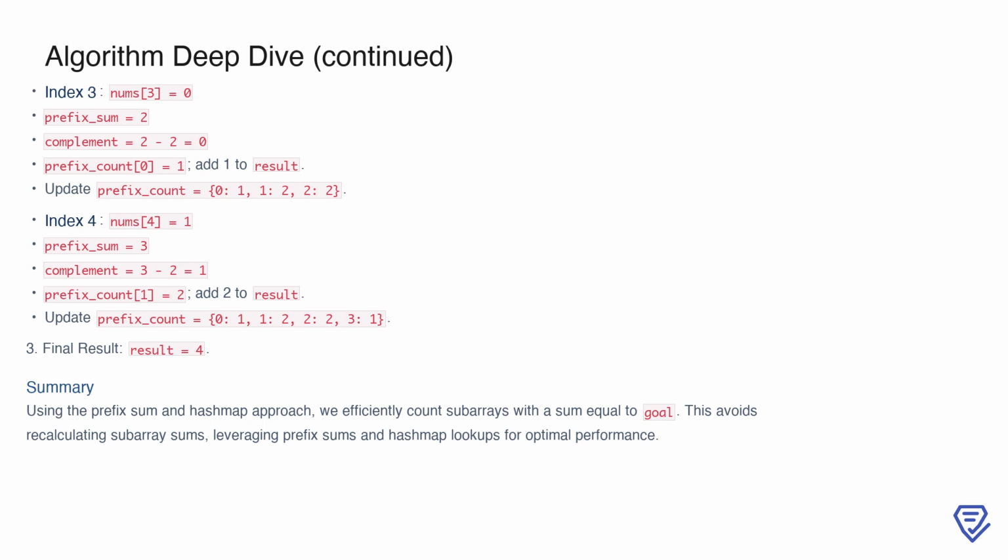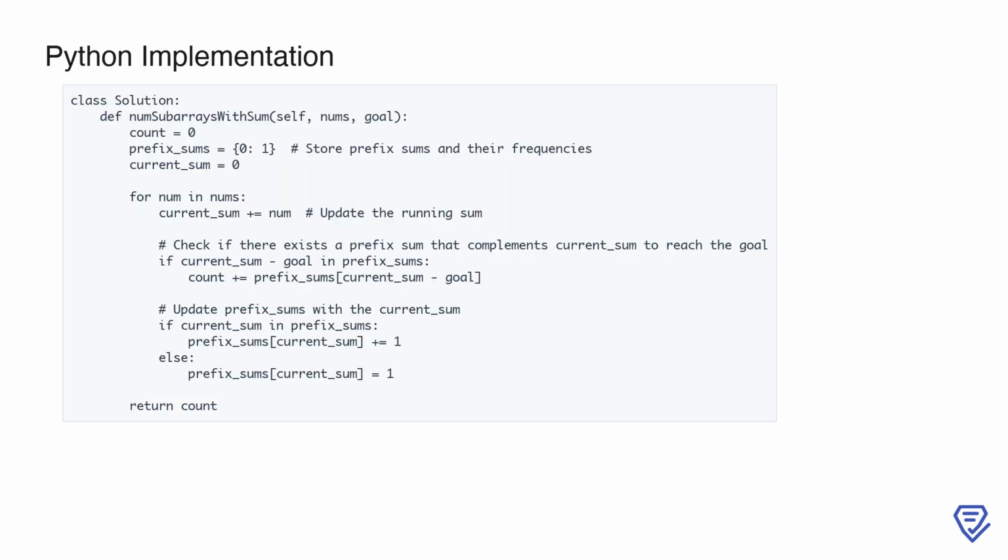By the end of the iteration, result holds the value 4, which is the total number of subarrays with a sum equal to the goal. This example demonstrates how the algorithm efficiently counts subarrays by combining prefix sums and hashmap lookups, avoiding redundant calculations and ensuring optimal performance. This implementation effectively solves LeetCode problem number 930, binary subarrays with sum, using a prefix sum and